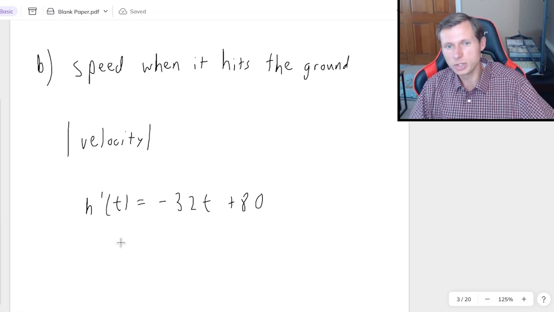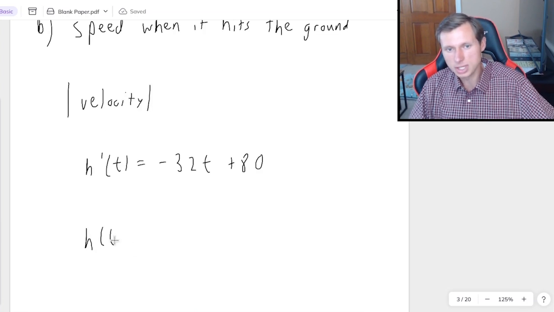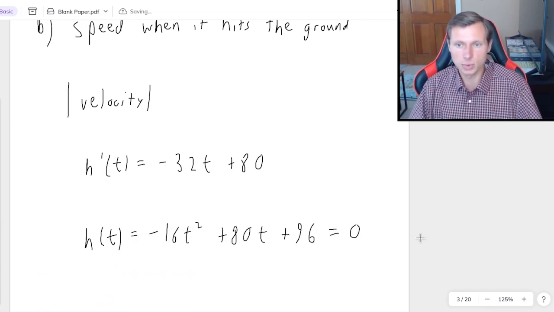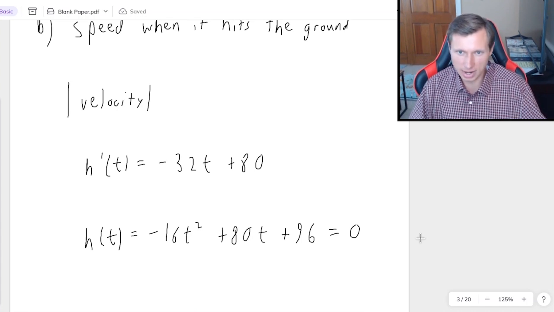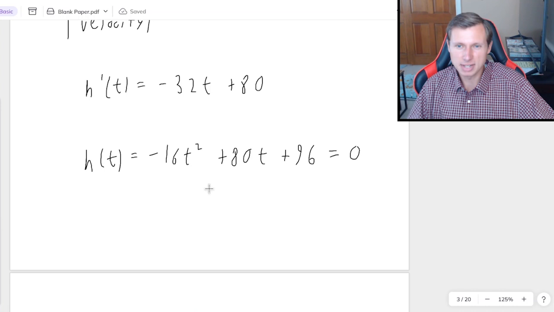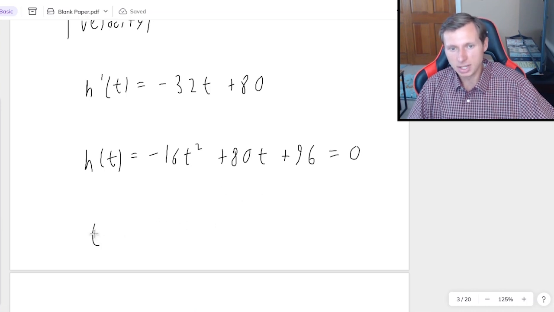To answer this, we do not use the derivative. You use the original function, and all you have to do is set the original function equal to 0, because when the height's 0, you've hit the ground. So in other words, we just have to solve this. I'm pretty sure I'm going to have a tough time factoring this, so I'm just going to plug straight